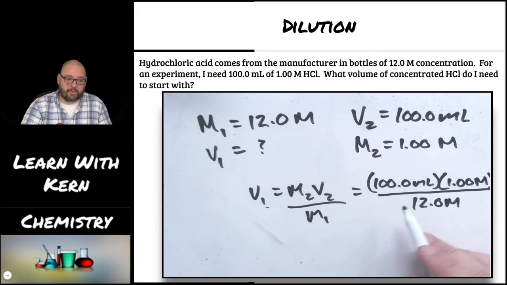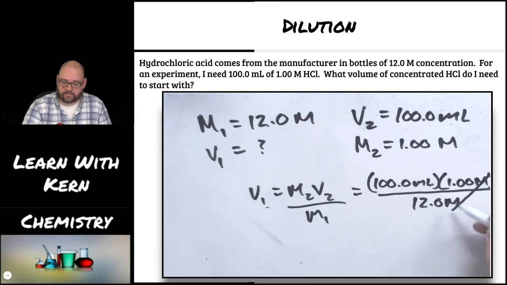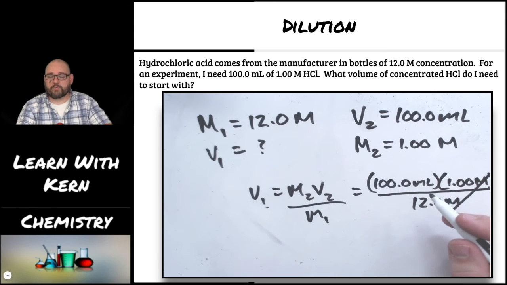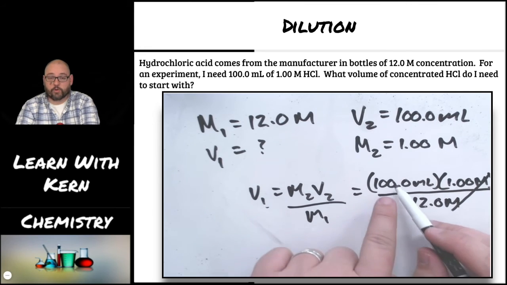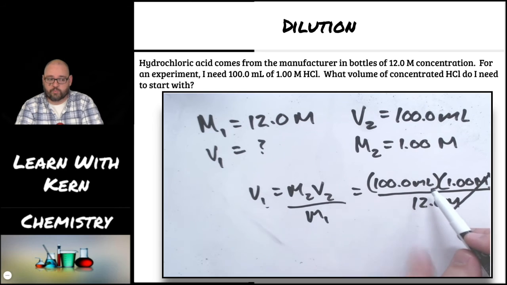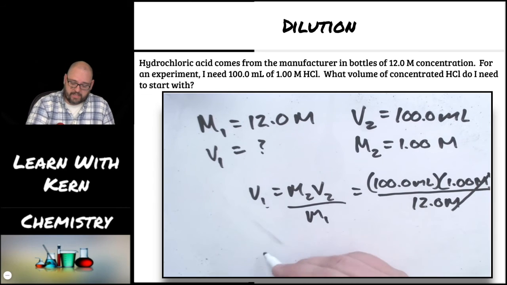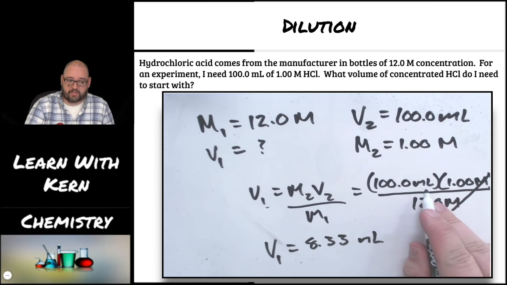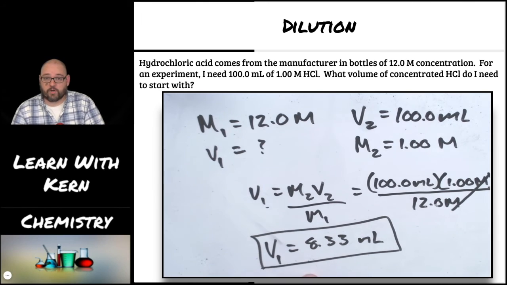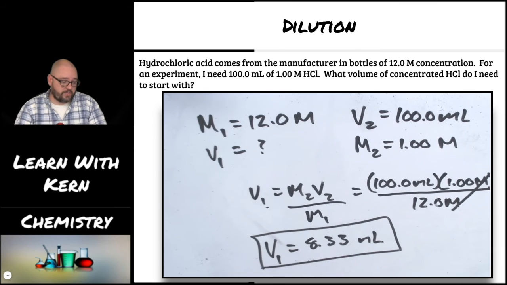And when I do that, I basically multiply that out. You'll notice that the molarity unit cancels out. I'm left with milliliters. That's the cool thing about this: even though the volume for molarity has to be in liters, the volume of my solution does not. It's just whatever my volume is here, that's what I'm going to end up with for my unit. So V1 is going to be 8.33 milliliters. Now it's milliliters because I had milliliters here. That's how much of our concentrated solution we're going to need,